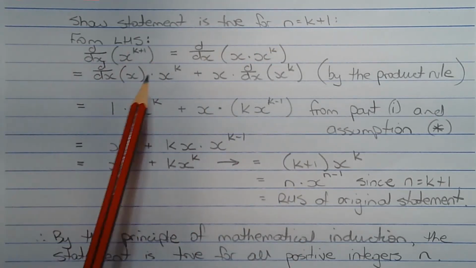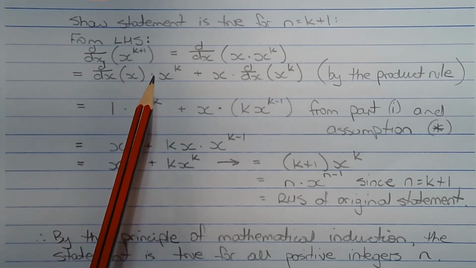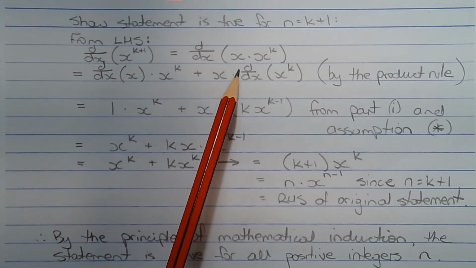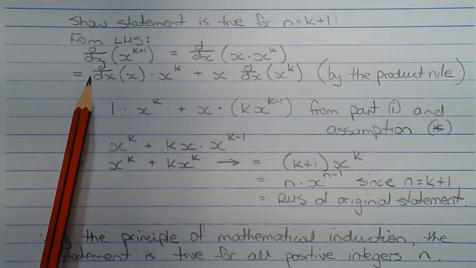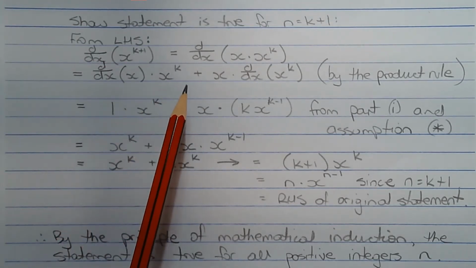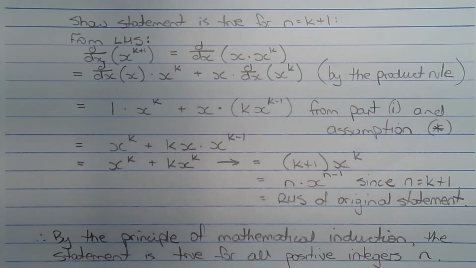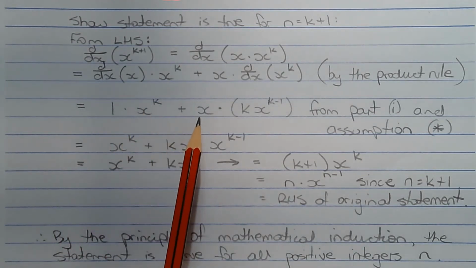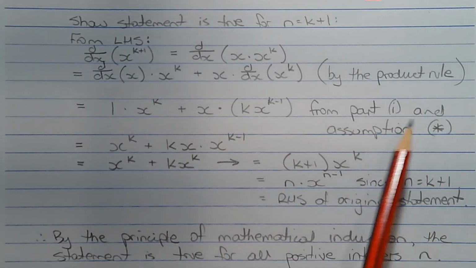Now from the left-hand side of the assumption, the first derivative of x to the power of k plus 1 is equal to the first derivative of x times x to the power of k, which equals the first derivative of x times x to the power of k plus x times the first derivative of x to the power of k, and that's by the product rule, which equals 1 times x to the power of k plus x times x to the power of k minus 1. And this is from part 1 and the assumption,